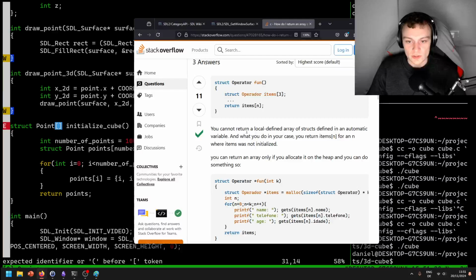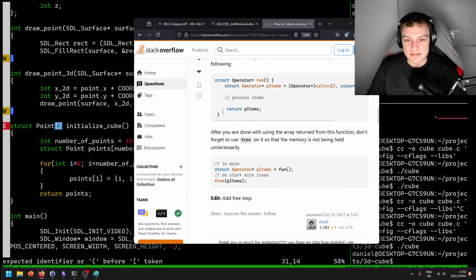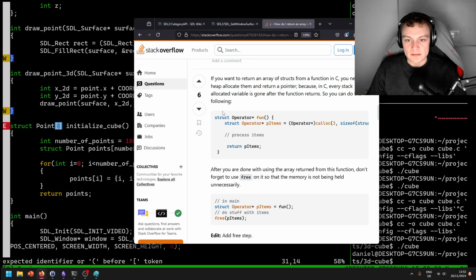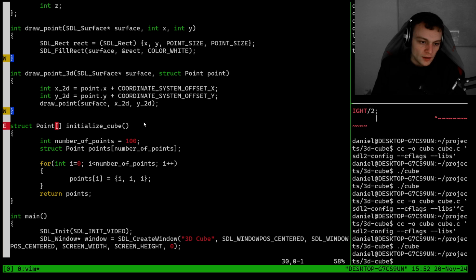You cannot return a local defined array of structs defined in an automatic variable. What? Okay, let's forget about that. Let's not return things. Let's just do a void here and initialize the cube based on